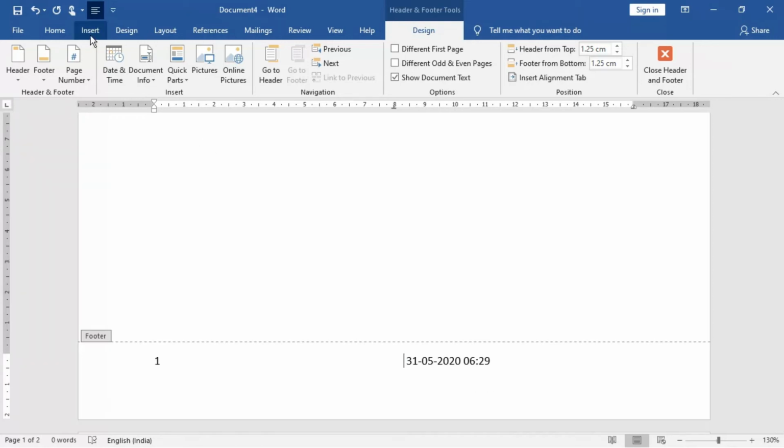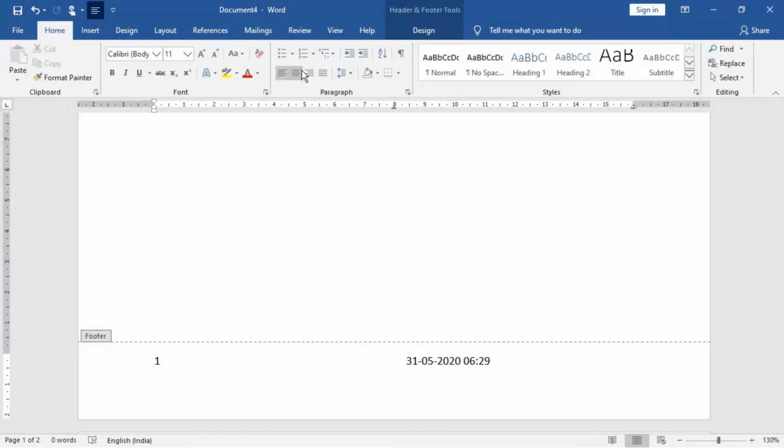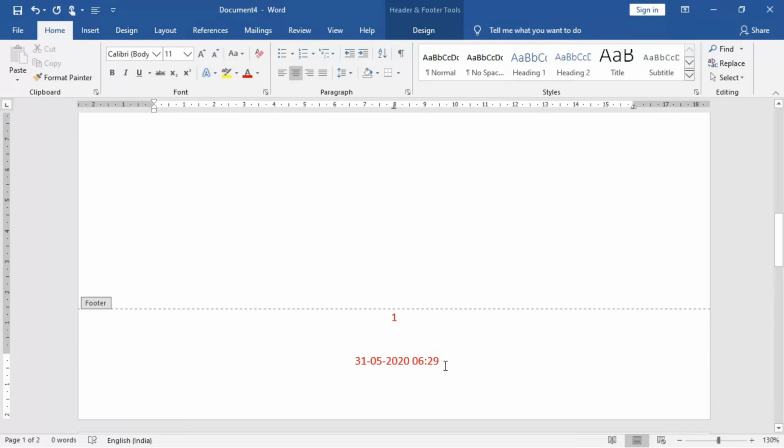If you press any alignment icon from Home, say the right align icon, it will be aligned as you have done. And if you want some color and all, in the same way from the Home tab you can also color it. Okay, so you can do it in this way also. And if you want to place this at the center, you can do it in this way also. All right, so both the things will be centered. Okay, and if you want to bring it down, place it over here, so the inserted footer comes down. And if you want to place it at the right, in this way, so the page number has been inserted in the center and the date and time has been inserted at the right.